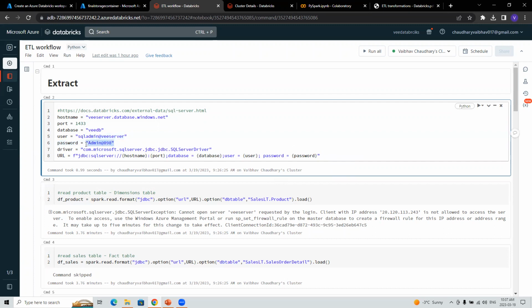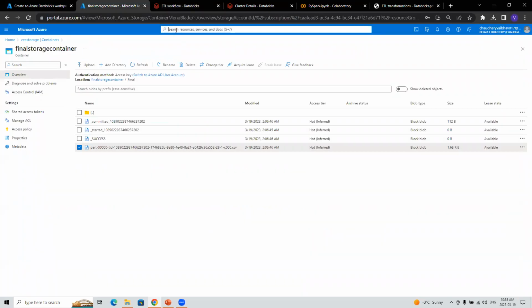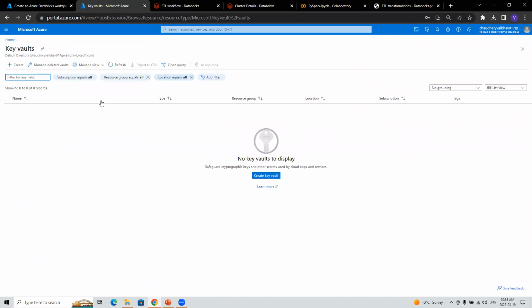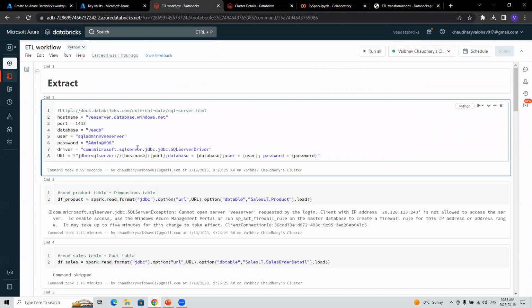See, I should not even be showing you my keys here. Just for the demo, I'm showing you. But in projects, what happens is, we can mask it, or, yes, I mostly go with the key vault here. The key vault will store all my keys, and I'll just reference the keys inside the code here. So in real-time projects, you can mask or you can use the keys. I've seen most companies use keys. I'm not sure why, but you can even encrypt one of the cells here to basically hide everything.